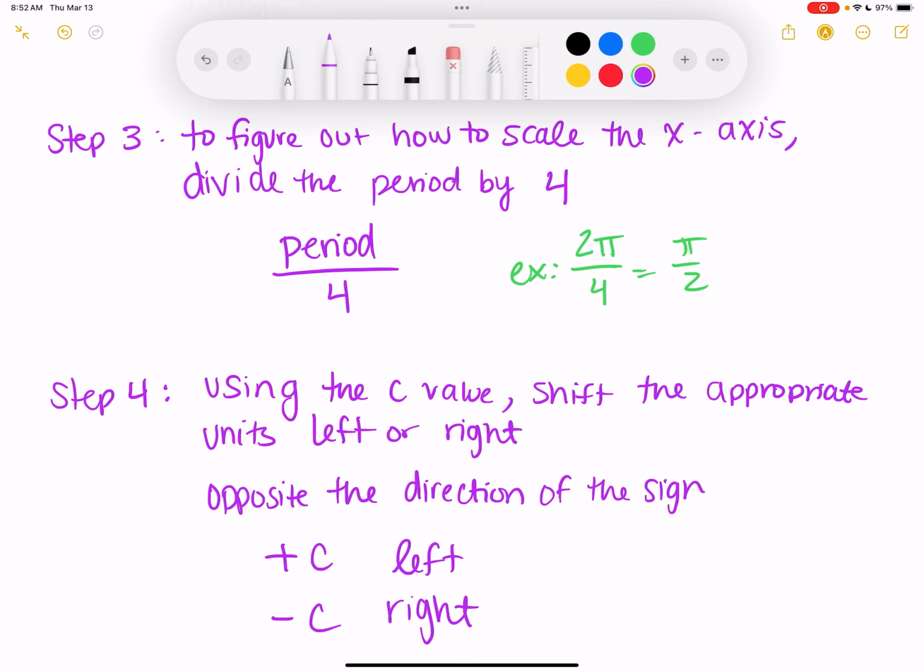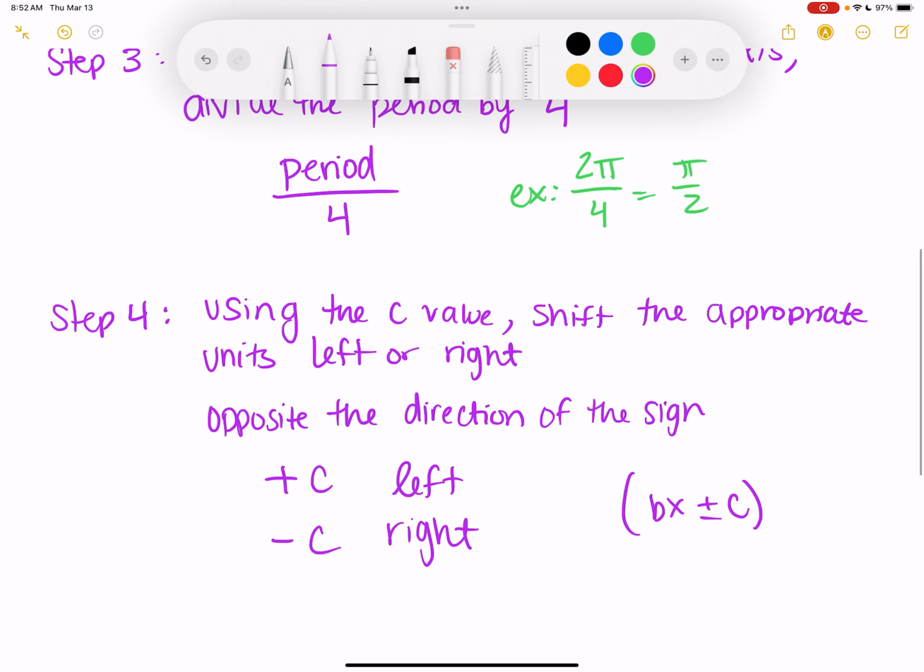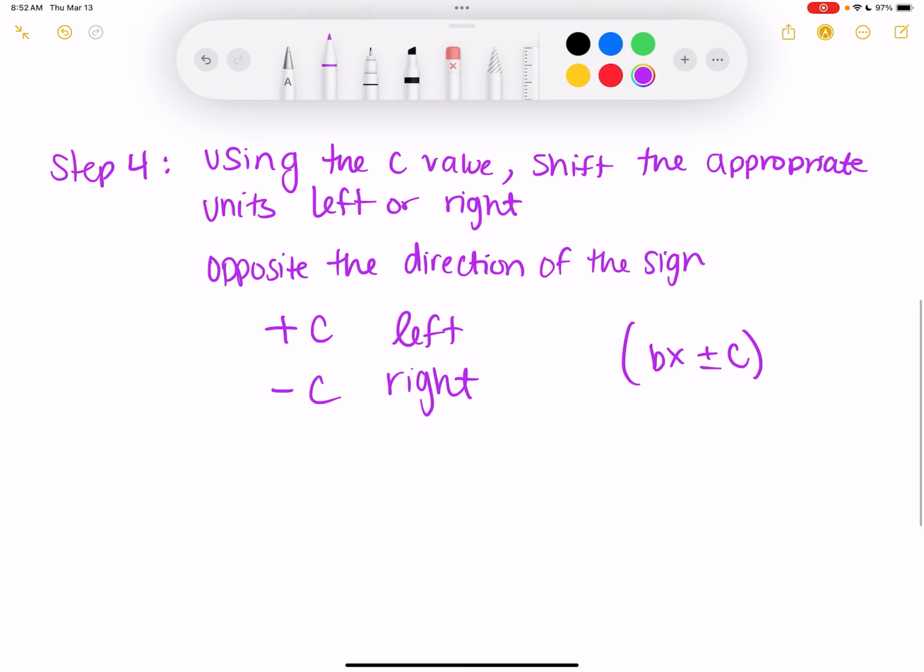So again, that's what's inside the parentheses. That's that BX plus or minus C there. And that's telling you if it's going left or right. And fortunately, a lot of times they're nice to us, and they'll do it in increments of something related to pi. The pre-cal book is not that nice, and sometimes they actually give you whole numbers, and you have to sit there and try to guess when you're graphing them how far over you need to shift it. Step 5,